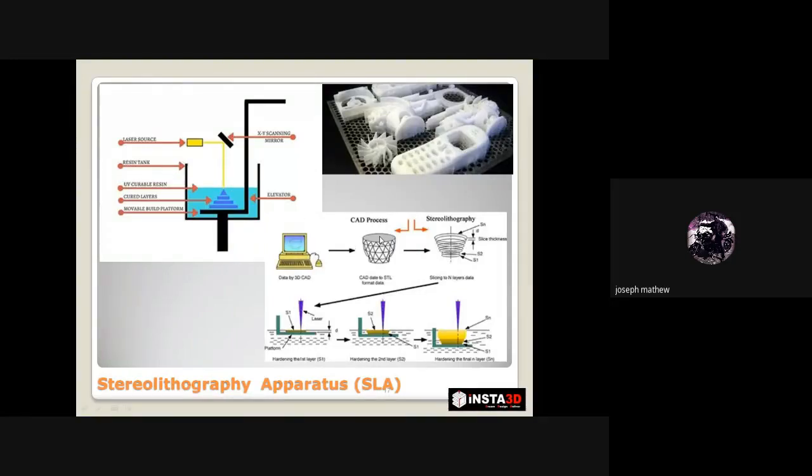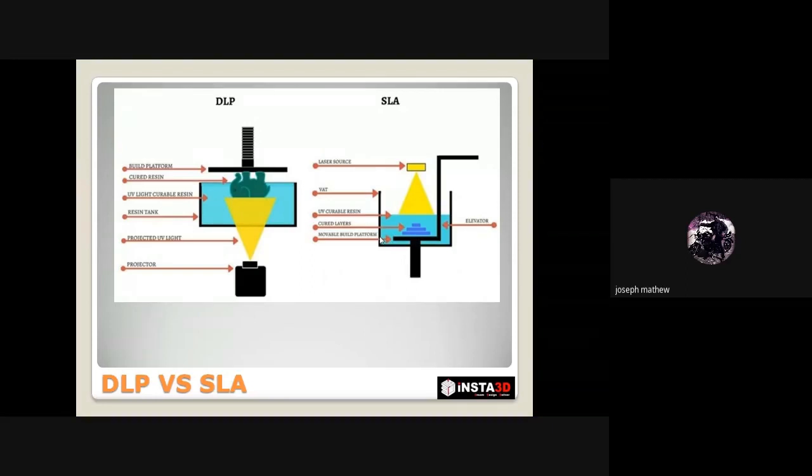So once we input the STL file into the slicing software, it converts into different slices. The slice thickness will be equal to the layer thickness, and the SLA machine produces the 3D printed part using the laser source. Whereas in the DLP technique, a digital light projector is used beneath the resin tank, so that the light is projected, that is the cross section or the contour of the 3D printed part is projected into